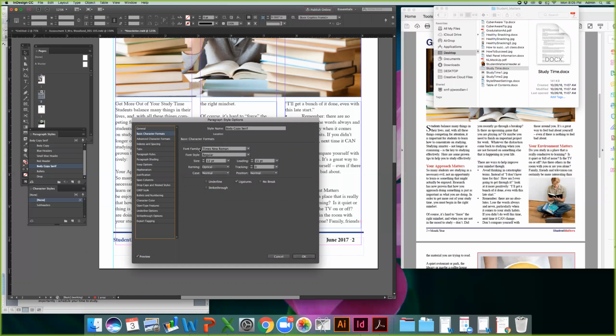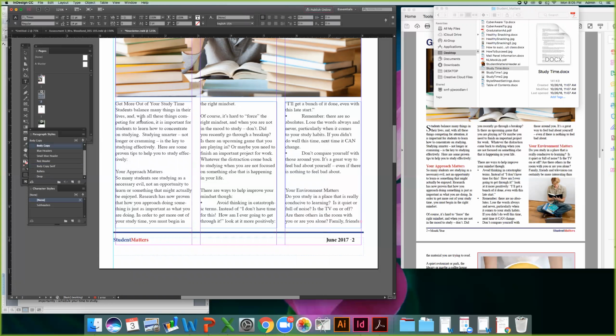$12.15 regular. Character color is black. And let's see what else we need to do. Might need to bring down the size a little bit, maybe to about 9, and bring this to 13. Okay. So now,